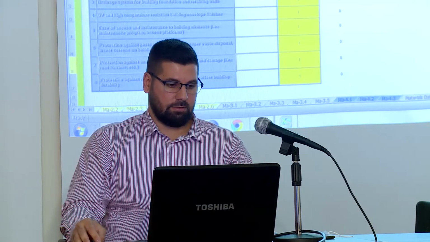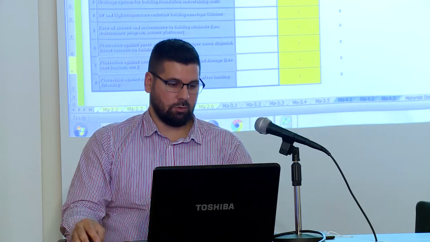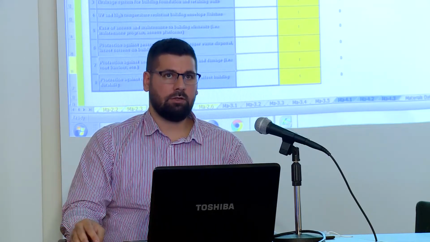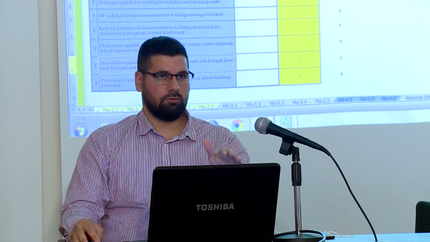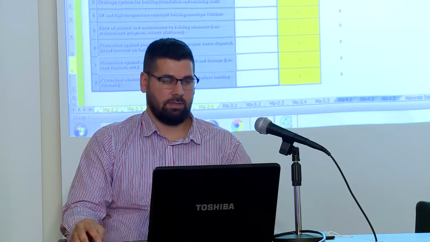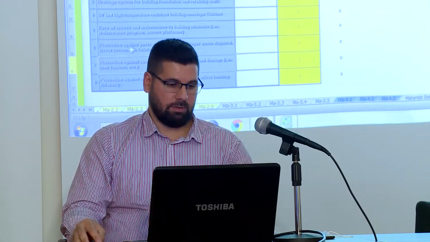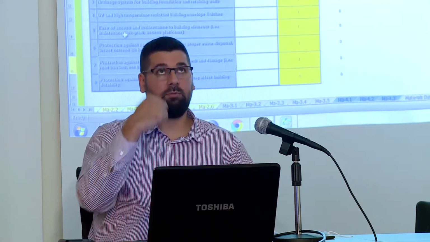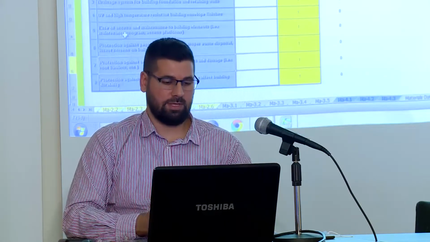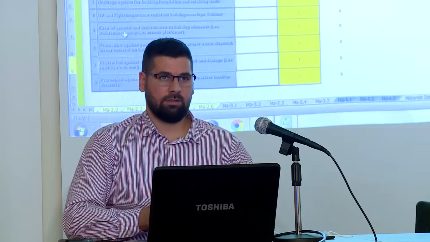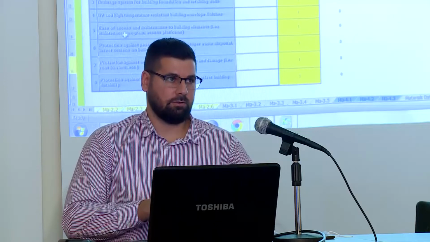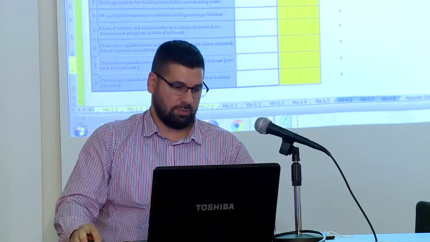Next is also protection against unwanted vegetation growth. Sometimes we do a balcony with a green roof, or we plant some trees there, and after a while we can see from the floor below that there are cracks in the concrete. This is because the roots of the plants can penetrate concrete. That's why we have to implement this